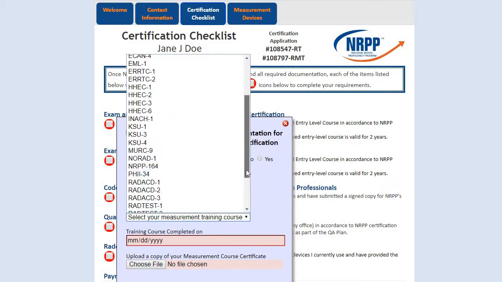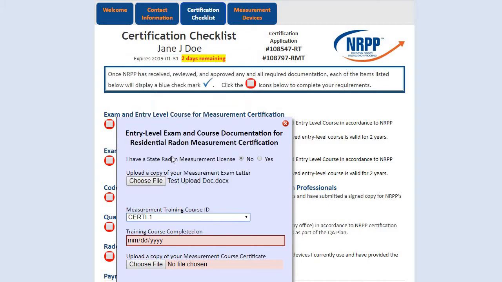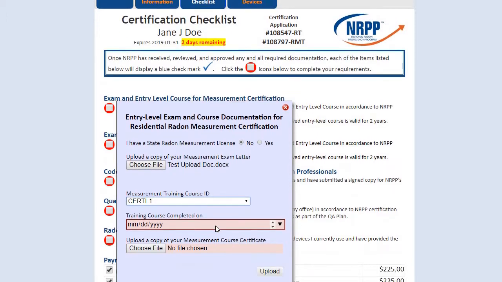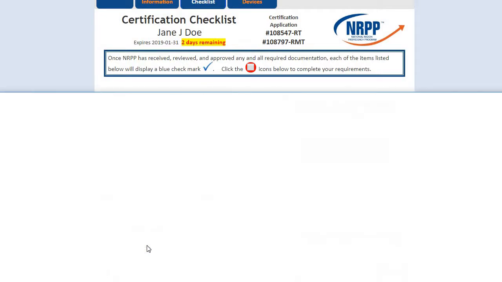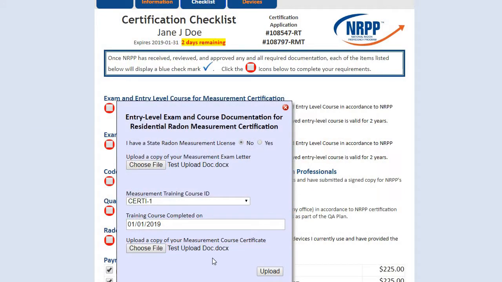And here you will need to choose the course ID for the course that you took, and this can be found on the course certificate itself. Enter the date that you completed the course, and then upload your measurement course certificate. Once you click Upload and OK,